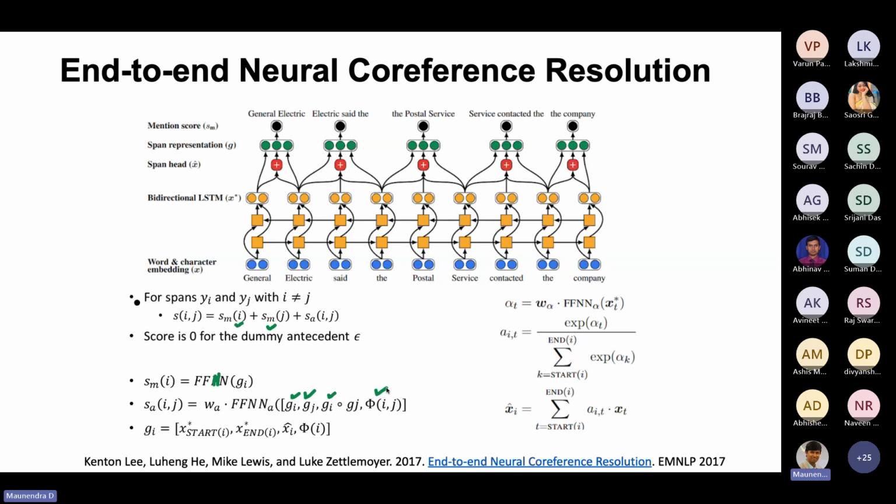And this could be some other function which can be based on the lengths of these spans. Again, you concatenate all these features, pass it through a feed-forward neural network, and you can multiply it with some weight so that the scales and other things are adjusted accordingly. And this gives you the mention score for the pair Sij. Now, this Sij, and you have the reference, like what are the different things which are in the same co-reference chain or so on. So based on that, you can have a loss function, you backpropagate and you learn